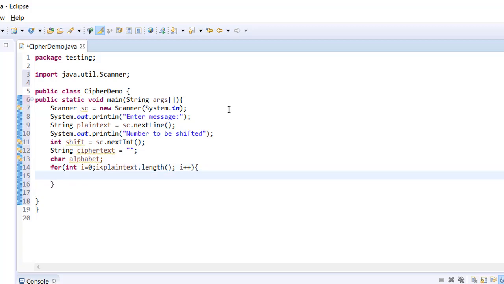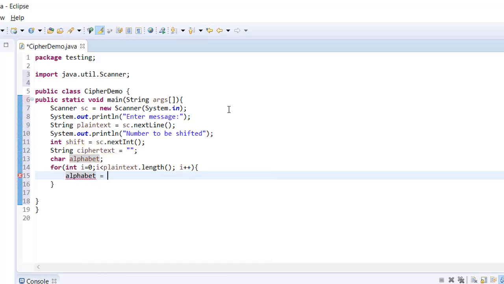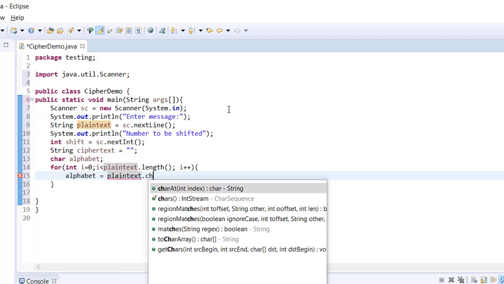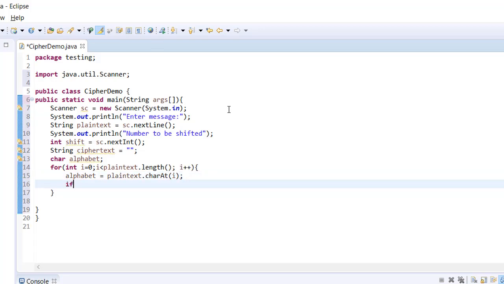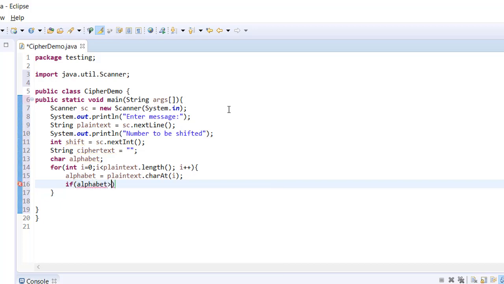Once it reaches the end, the length, alphabet equals plain text dot reading the individual character with I loop, and if in case alphabet is greater than equals to your lowercase a and